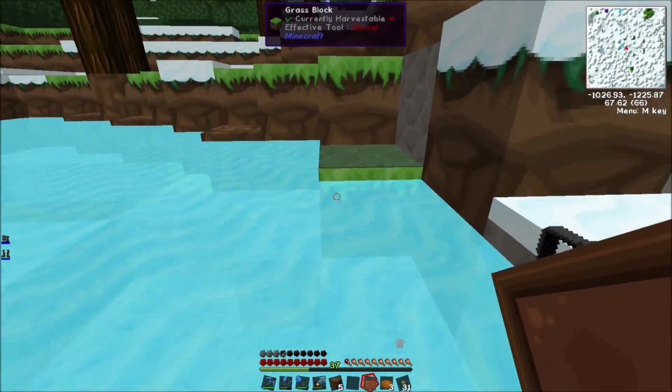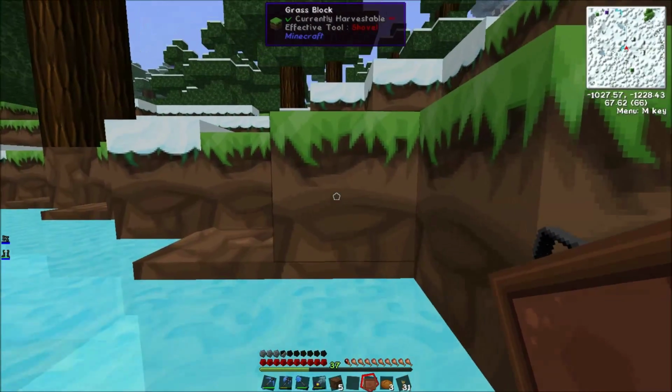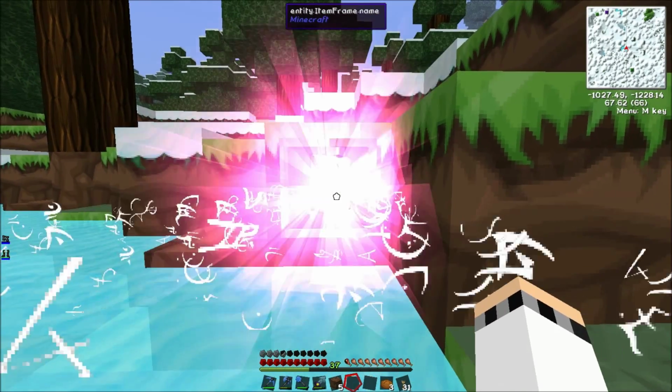So what I need to do to start with Ars Magicka is put down, oh, not sink in the water, put down an item frame. And inside the item frame, put a book. And now that book, oh, you see all those symbols gathering. Oh, wow,